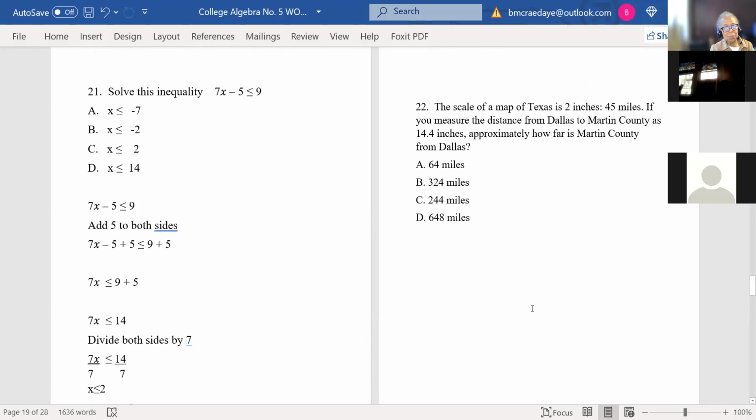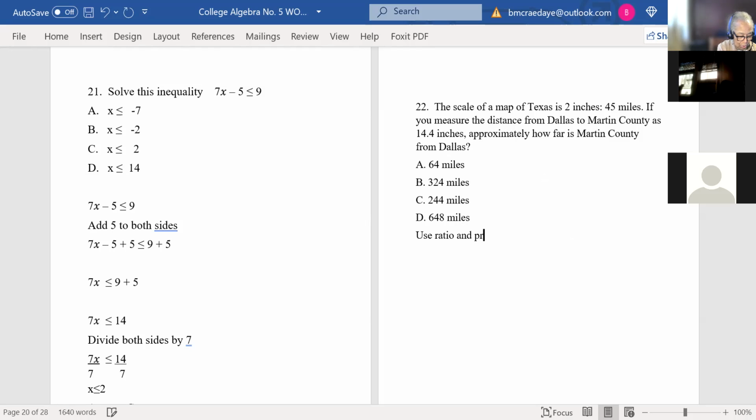You see now, Latoya, the scale of a map of Texas is 2 inches to 45 miles. If you measure the distance from Dallas to Martin County, it's 14.4 inches. Approximately how far is Martin County from Dallas? So, put inches over inches. You have 2 ways of doing it, ratio